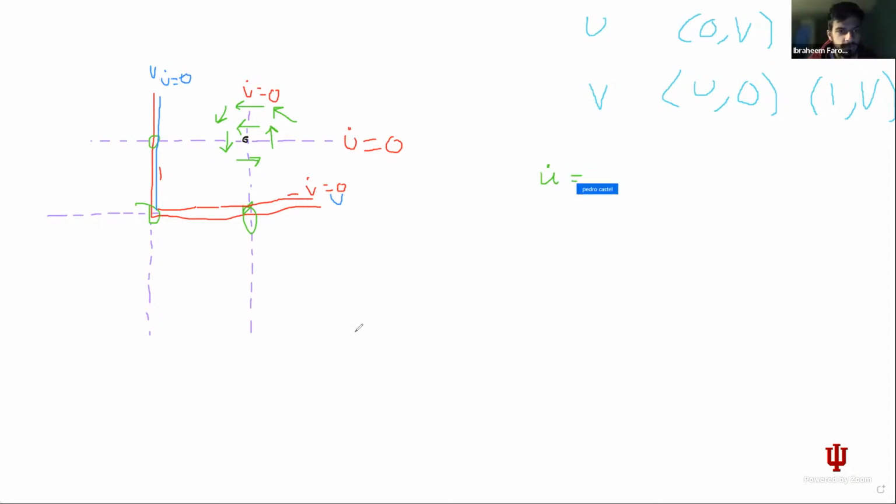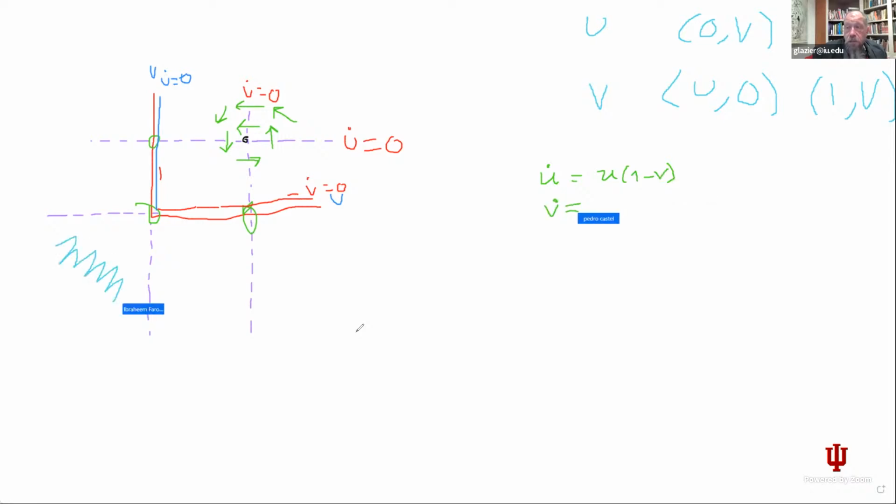But what about, like, I guess in the negative u and negative v area? Well, in this case, u and v are always positive. We're not looking at those because we're talking about a population. But you're absolutely right that at least in principle, you can cross. Well, suppose we allowed u and v to go negative. Then absolutely, when we cross the v dot equals 0 null-cline,